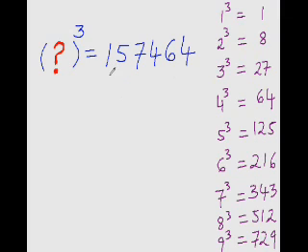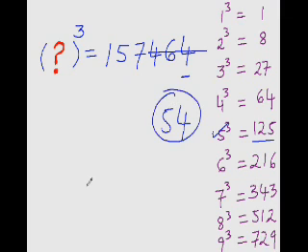So now let's try to find the cube root of this number. Just look at the last digit. It is 4. And you know that 4 is not part of any conjugate pair. So copy 4 as it is and strike out the last 3 digits. Now look at the number that is left. 157. So all you need to do is find the number whose cube is either 157 or less than that. So which would that number be? 5, isn't it? 5 cube is 125. So write 5 here. That is what your answer is, 54.